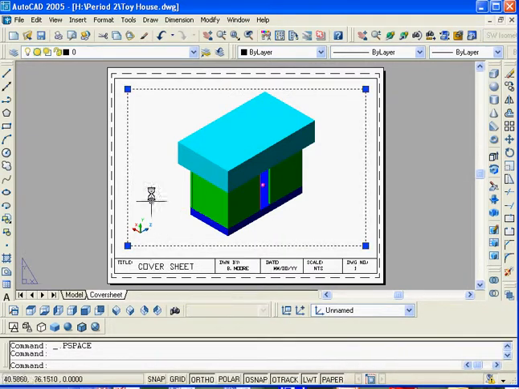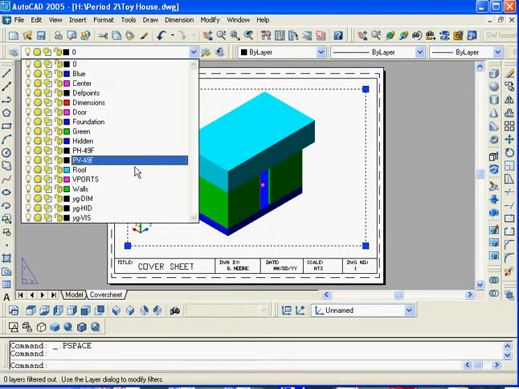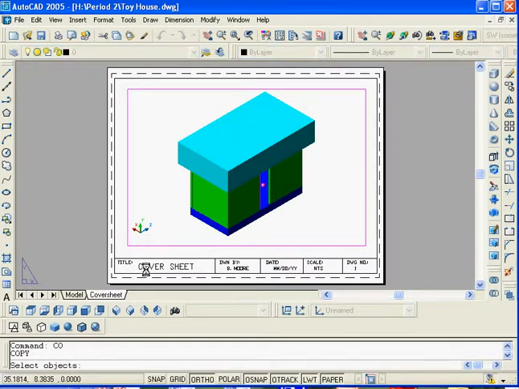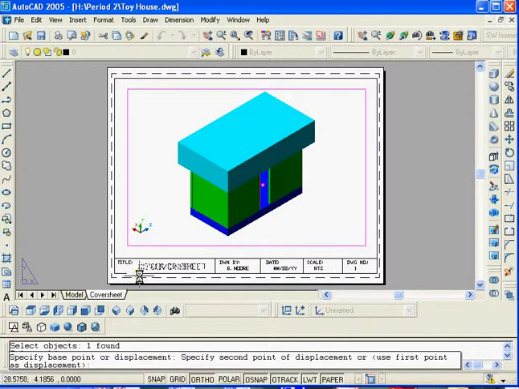I want to put the viewport onto another layer, so I'm going to put it on my viewports layer. And then when I go to plot it, I'll turn off that viewports layer so that this outline doesn't show. Of course, I would copy the text and make a title. So I would copy it up